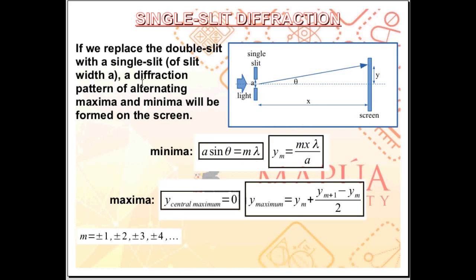In the double-slit or two-slit interference, we have light that is incident upon a double slit, and an interference pattern of bright fringes and dark fringes is formed on the screen a distance x from the double slit. If we replace the double slit with a single slit,